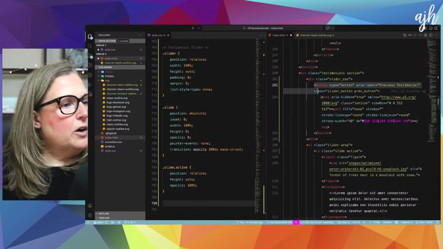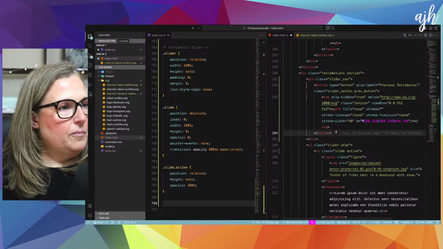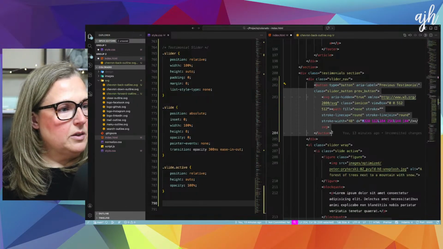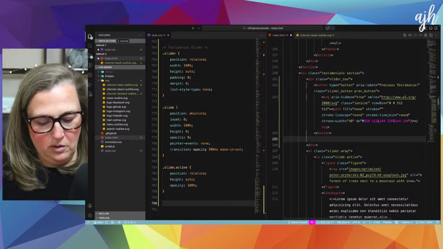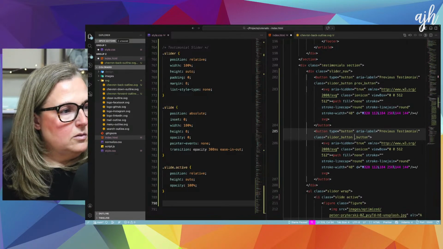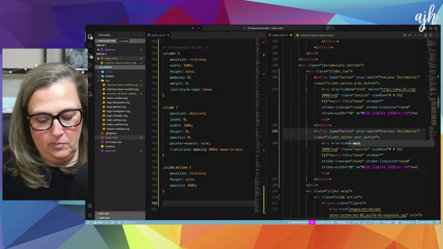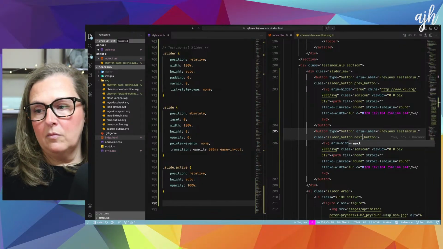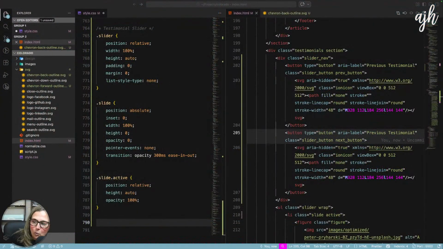So here's our previous button. And actually, I am going to copy this. We'll copy this. And this is going to be our next button. And one moment.